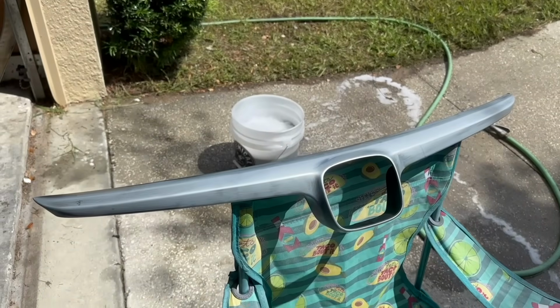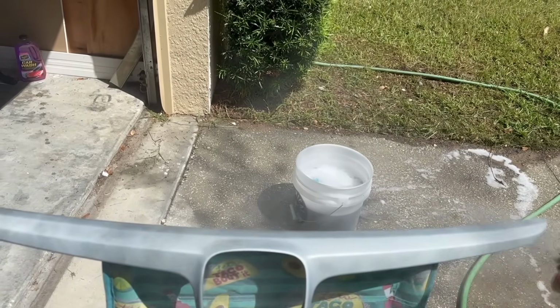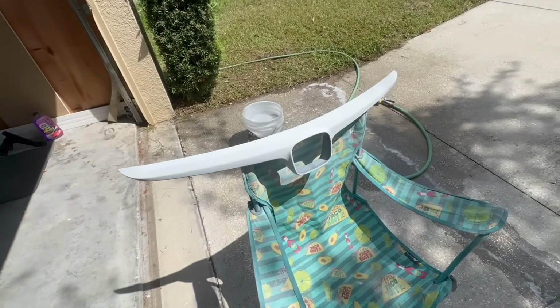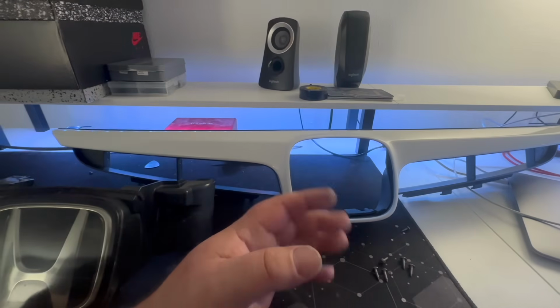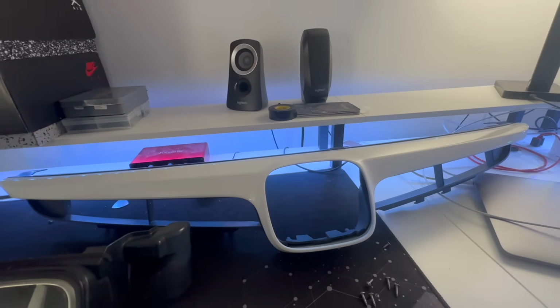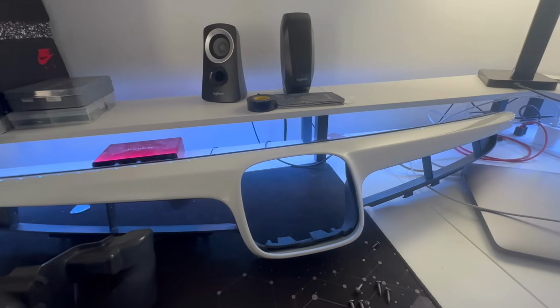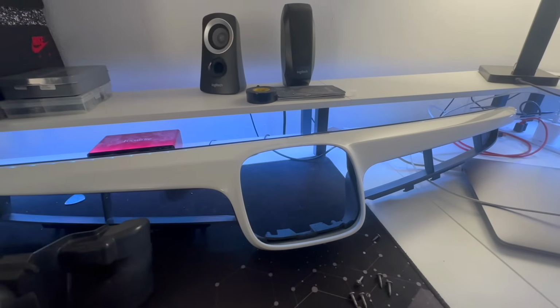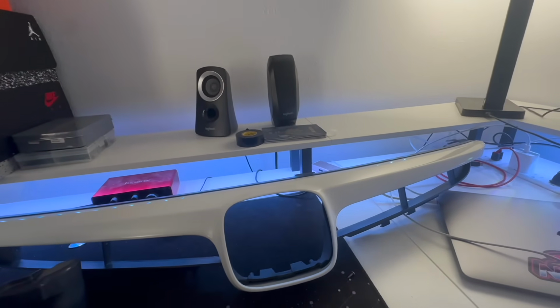And now we're gonna do the grill. Okay, we've just brought the grill in. It is nice and dry. It's been cleared. It looks great. I just brought it inside because it's 1,000 degrees outside. Now, when it comes to the Honda emblem, I kind of only have one choice currently because of the way that this grill is. I have to buy a whole FD to first gen grill to change this,